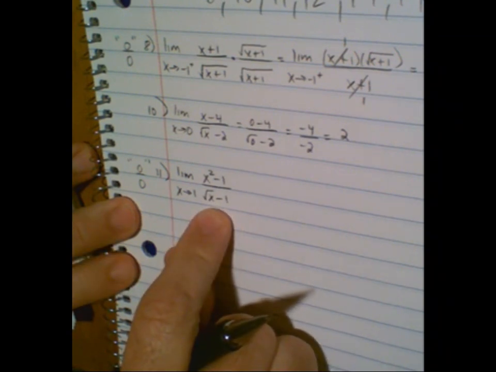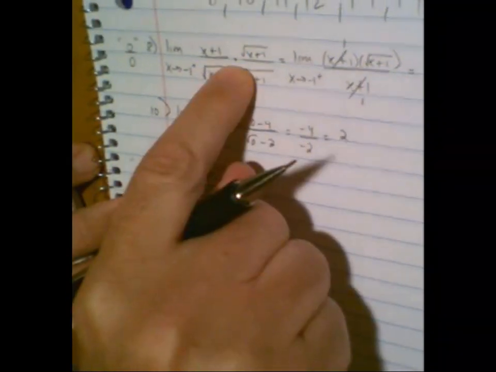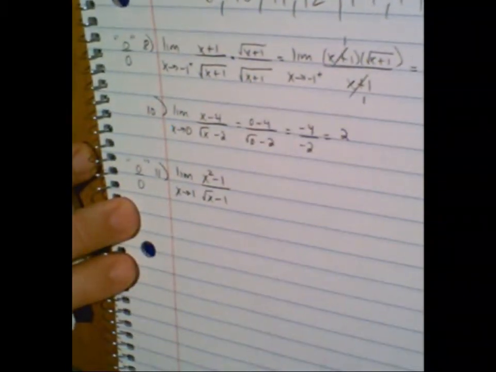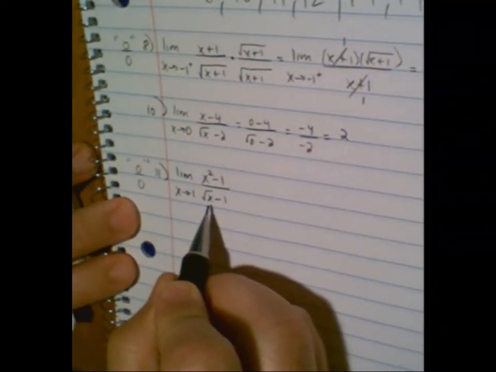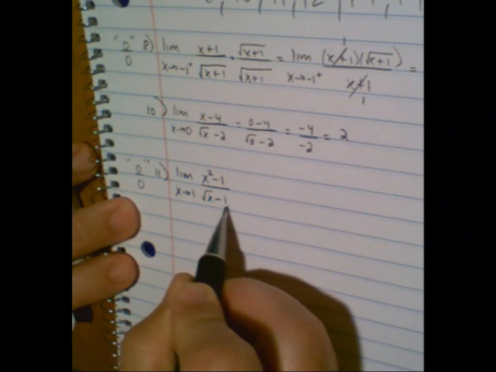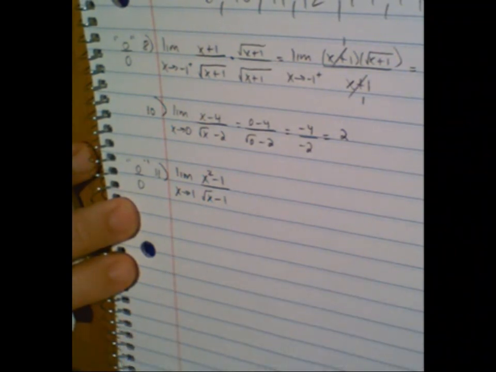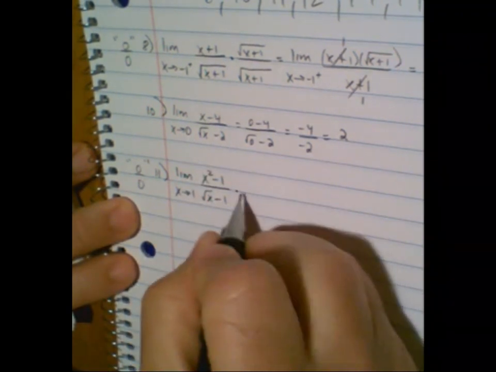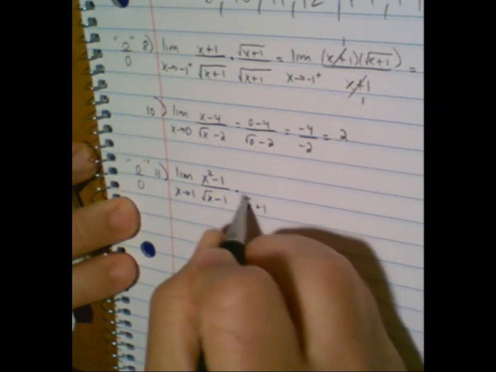I'm going to multiply the denominator by the conjugate. Now this is different than the last one because there's only one radical here, and when you multiply a radical by itself, the radical goes away. But here, if I multiplied it by square root of x minus 1, it would not go away. I would still have radicals in my answer. But if I multiply by the conjugate, which is the square root of x plus 1,